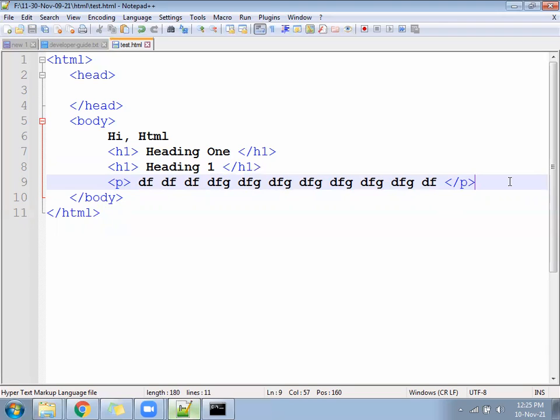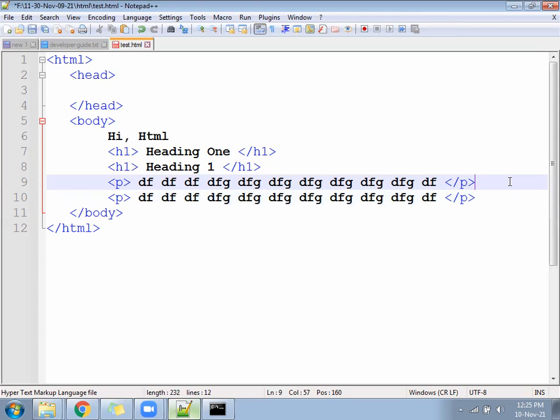After that, on your computer, press the Control key plus D together. Control plus D. The line becomes a duplicate. Click at the end of the line and press Control plus D.